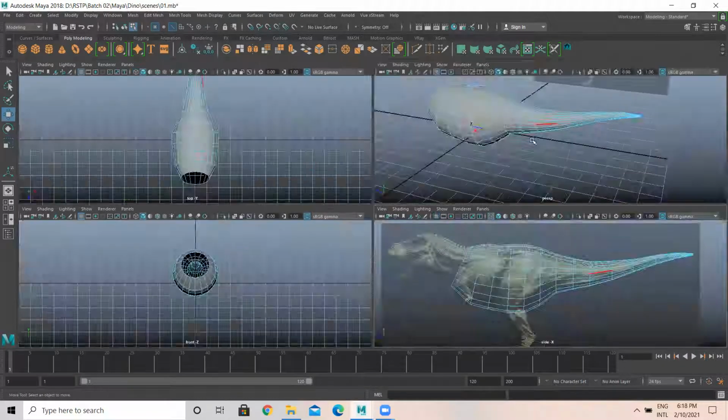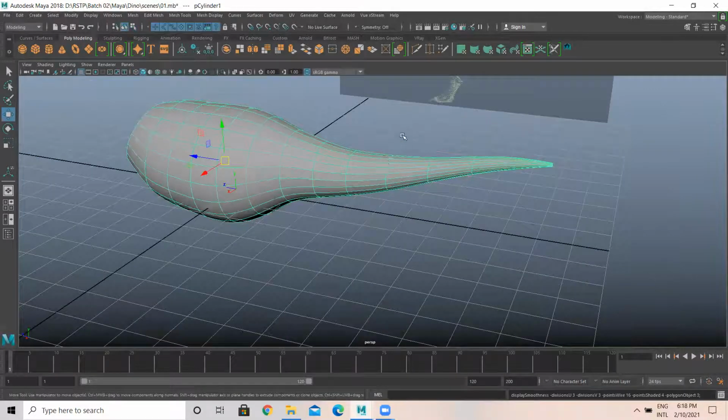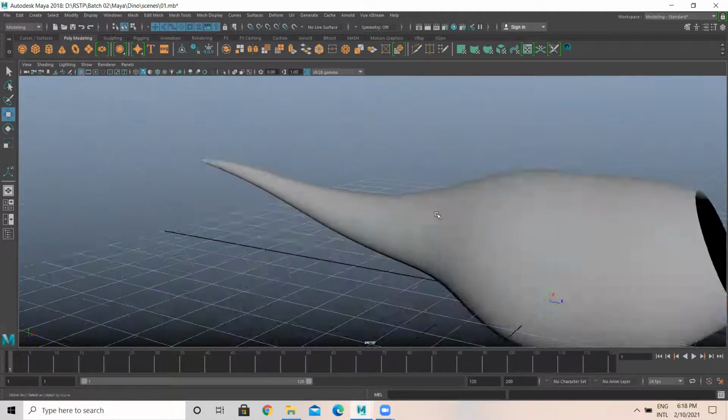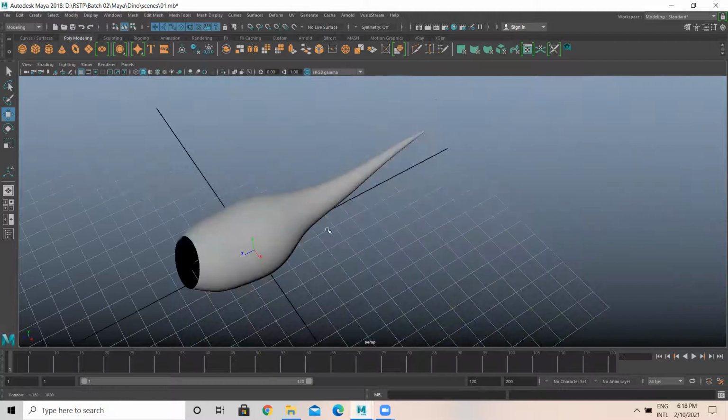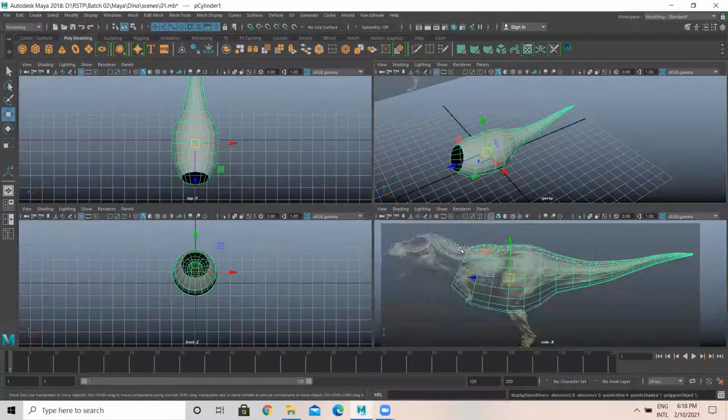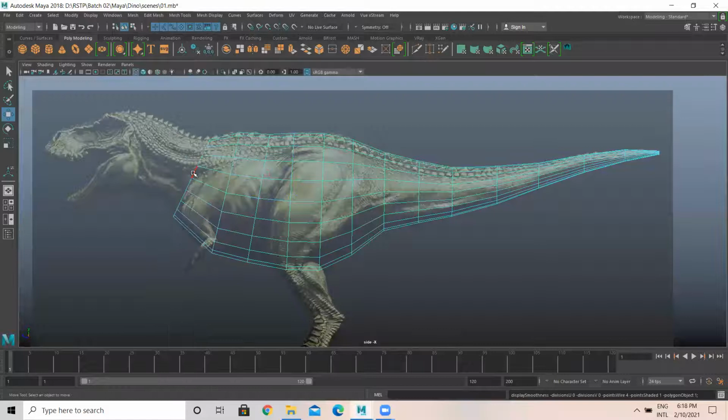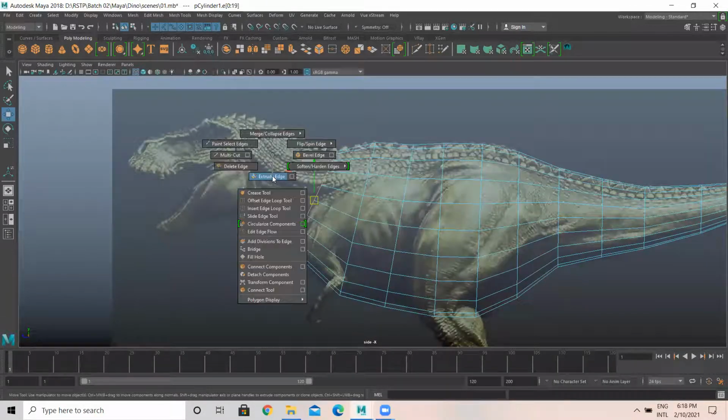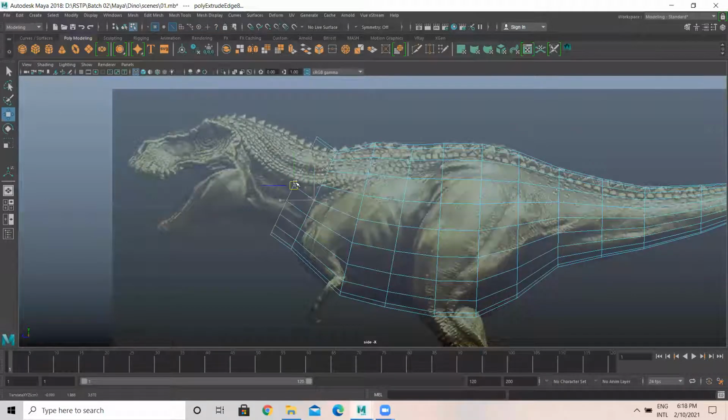That's it. See, select this, press 3. You got it already, something like this. Then double click on this particular edge so that the entire loop is selected. Extrude this, place it here like this.